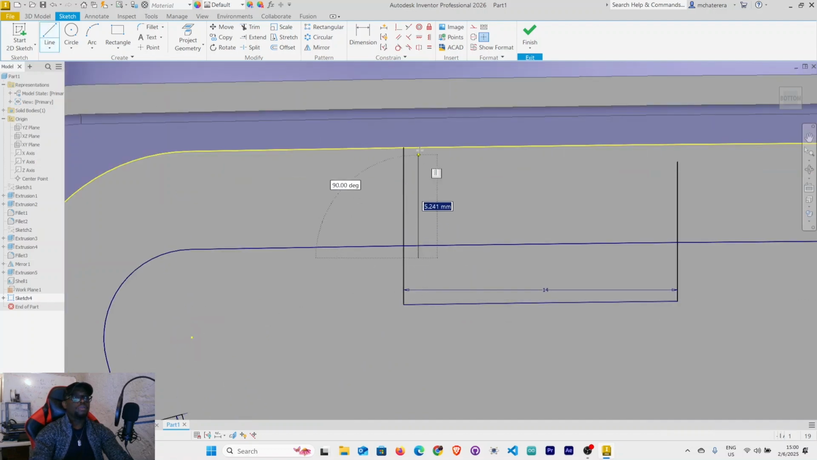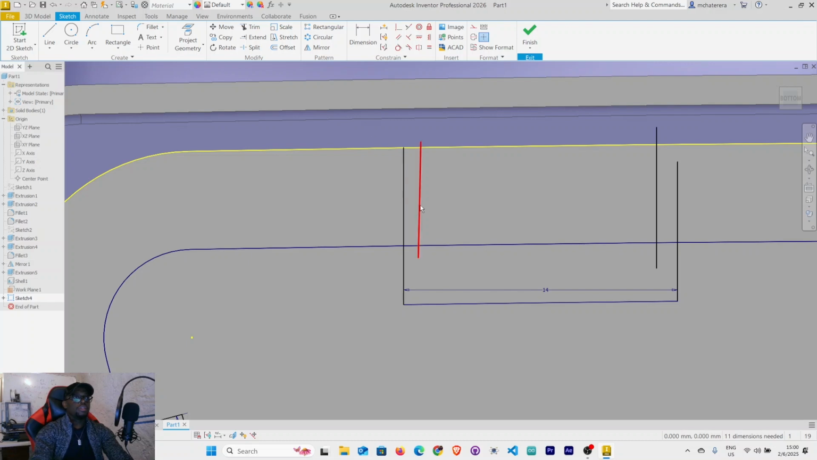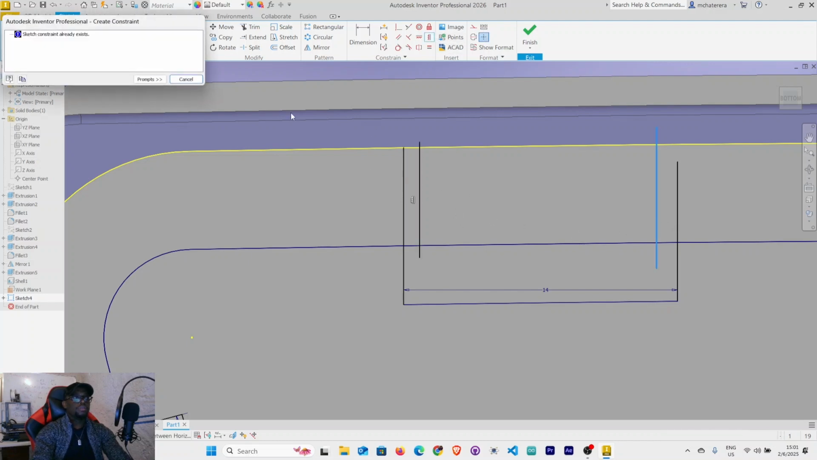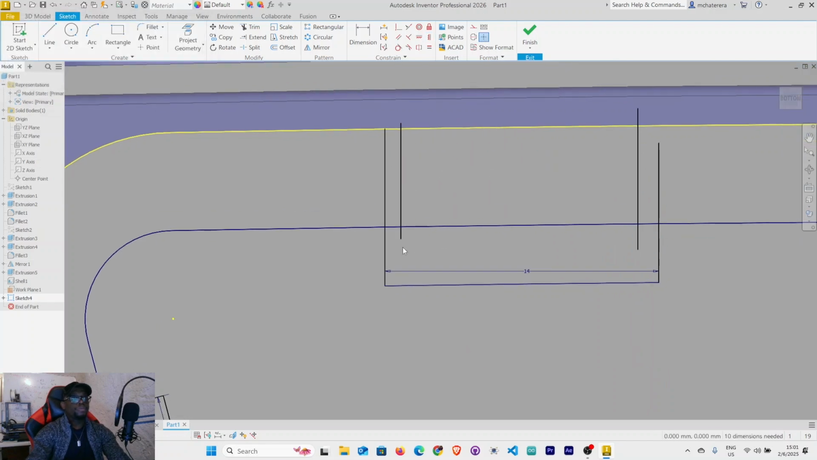Line 2. Right click, restart. Another line here. Right click OK. This line is supposed to be a vertical line. So is this line? It's already constrained. Right click OK. Let's draw a vertical line from the midpoint of our arc here. So from here,